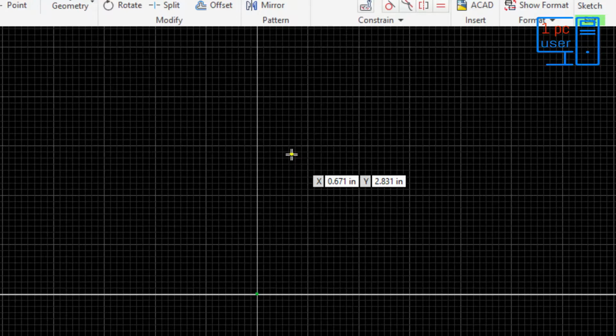And if you want to use this, then we already know how to use this line command in AutoCAD tutorials, so I think it will be very easy for you to learn in Autodesk Inventor. So let's get started.